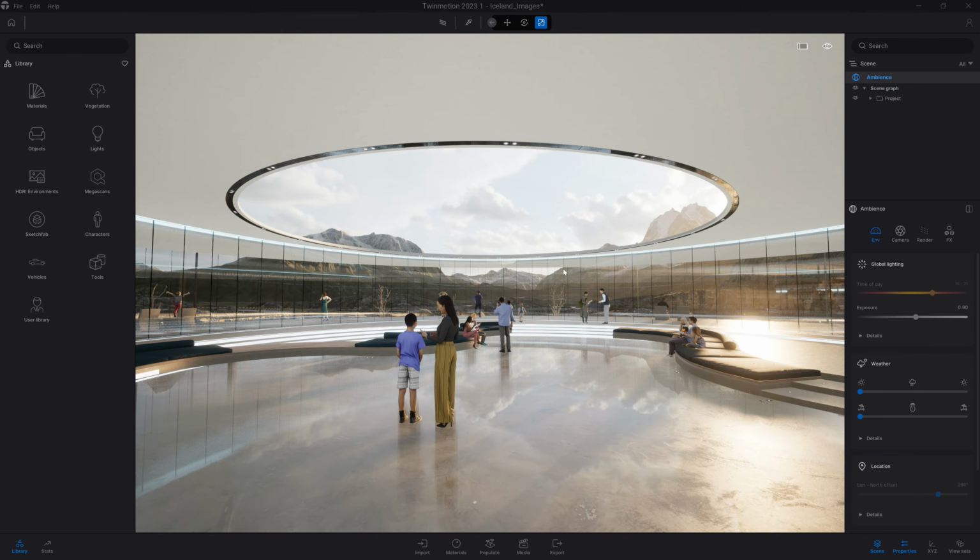Hi everyone and welcome to this new Twinmotion tutorial. In today's video we'll be looking at the media and how to create image, video and how to export them locally on your machine. To create a media in Twinmotion, the first thing you will need to do is come